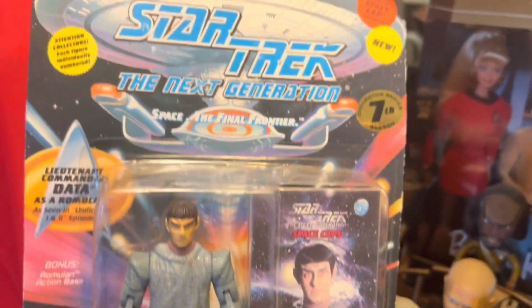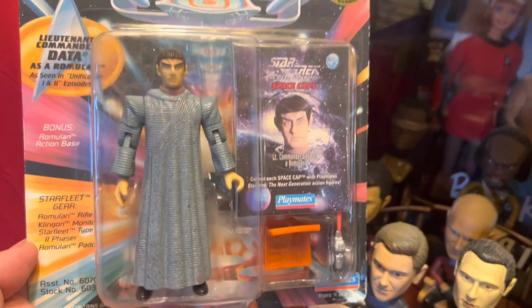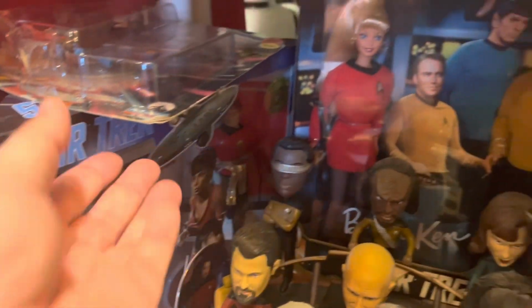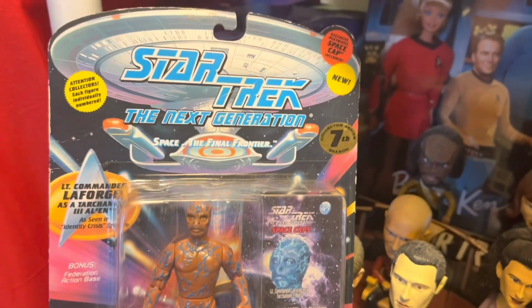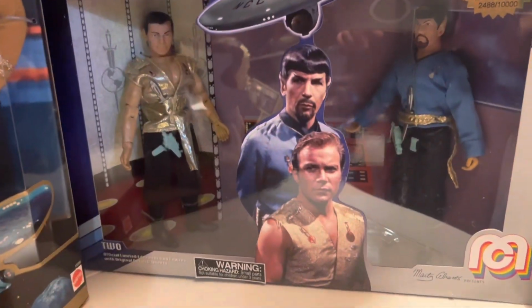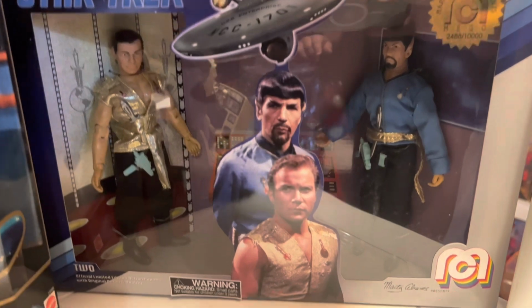Next up, we have the Star Trek Next Generation Data in the robe, and he's worth about $10. And then this last one here is Star Trek Next Generation Commander LaForge. He's worth about $25. All right, next up, these playsets look like the old Megos, but they're reproduction from Marty